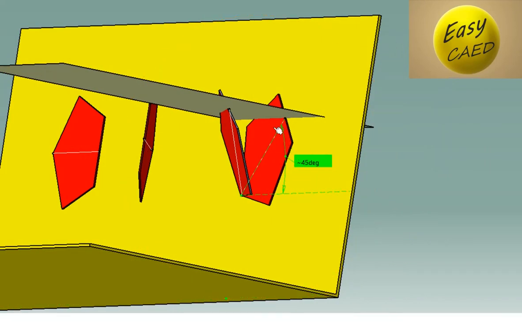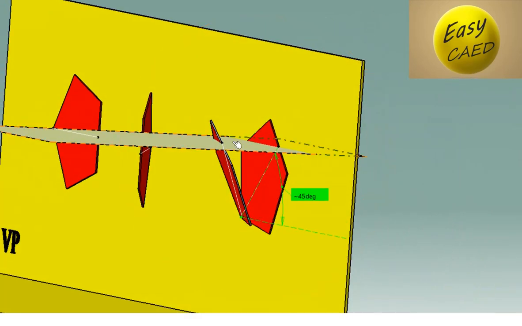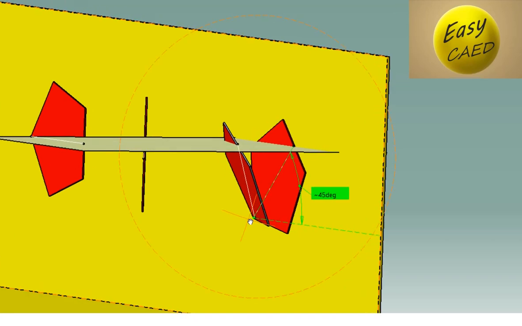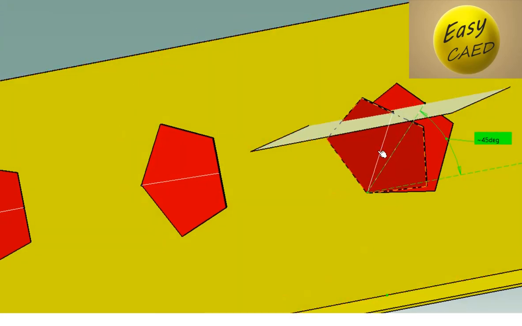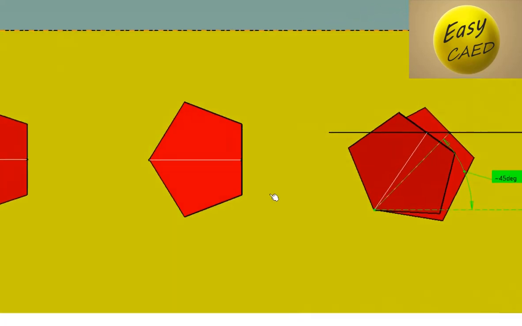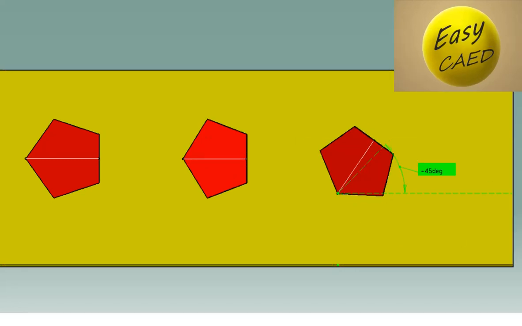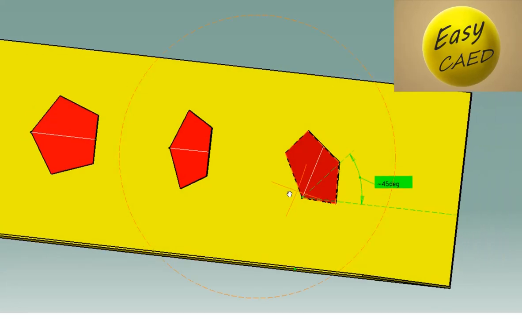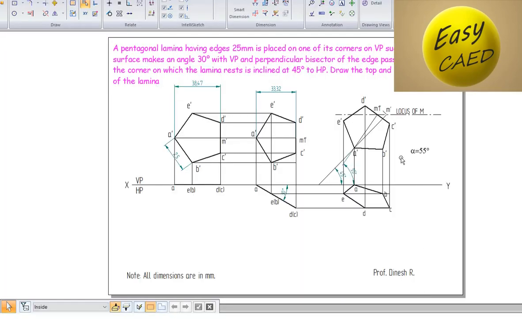That means we are going to keep the true pentagon inclined, and we need to keep the pentagon at 30 degrees with respect to VP, and also find the apparent inclination, which is nothing but alpha. In front view it is going to look like this. We are not going to draw this pentagon. Instead we are going to retain only what is copied from the second step, the step having inclination with respect to VP, also HP, along with this locus line. That is what we are going to draw here.